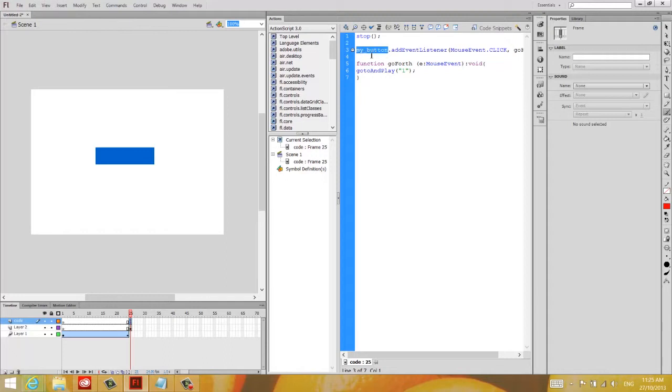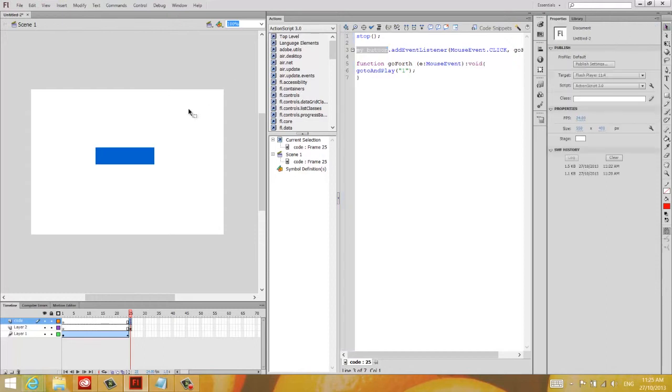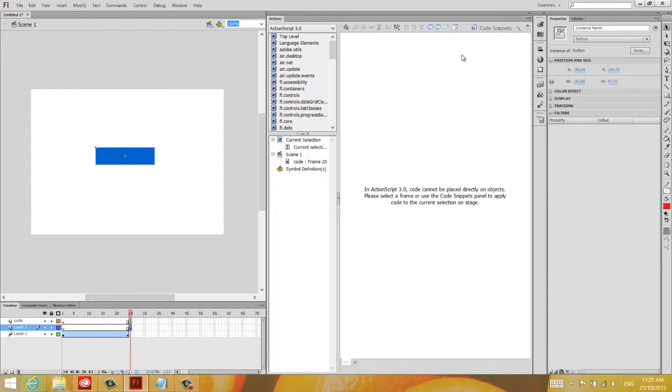So Flash needs to know which button on our page, so we've got 10 different buttons, which one is the one called my button, which we're listening for the mouse click on. If I select the button with the selection tool, in the properties up in the corner here you'll see instance name, and that's the name that the button will use to be referenced through Actionscript. So we called it my underscore button. So just put that in there, so this button, while this is selected, my button,